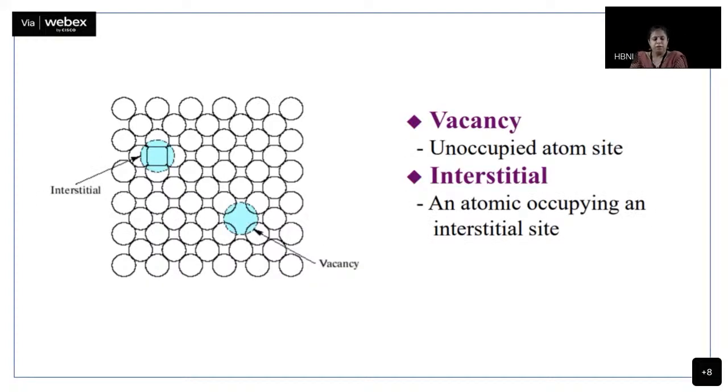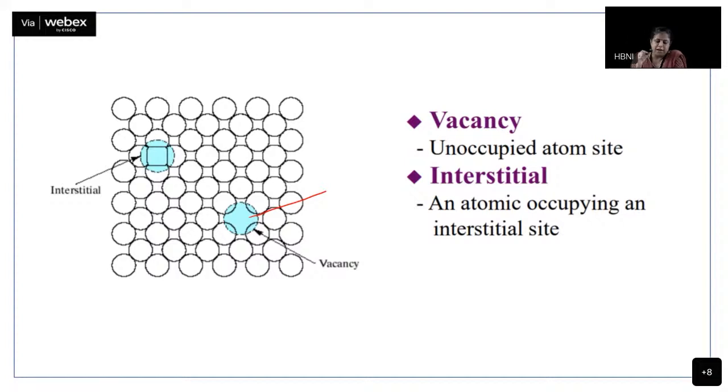Okay? What are the simplest forms of defect that will occur in a 3D lattice? One is vacancy. Okay. And what is a vacancy? It is an unoccupied atom site. An atom has been knocked off from its regular lattice site, and what you get is a vacancy. All right. Or an interstitial. In this 3D arrangement of atoms, some extra atom has come from somewhere and occupied a position, an interstice. So that interstitial is another simplest form of defect.